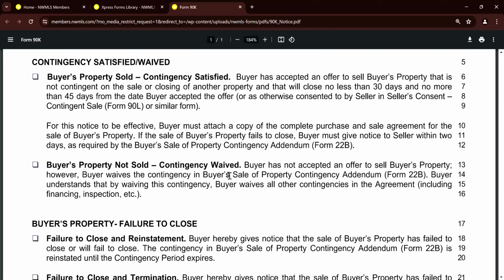Well, a new buyer comes along and says, I'll give you full price. And they write it up and they want to bump that first buyer. So there's no closing costs, full price, which is gonna get our listing broker's seller a lot more money. And it was a quicker close because the other one, they're not contingent. So they gave the notice. They gave the form notice, the 90L, to the buyer